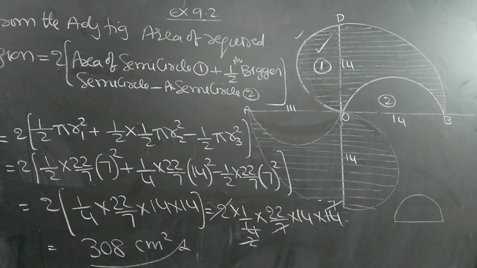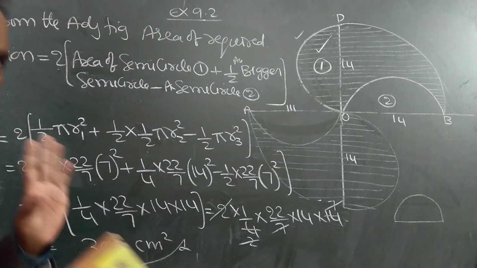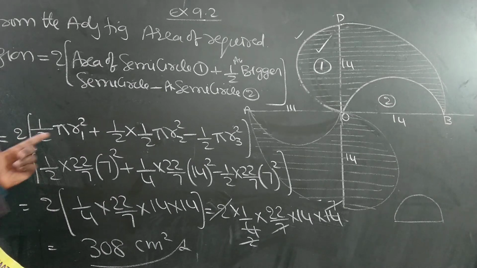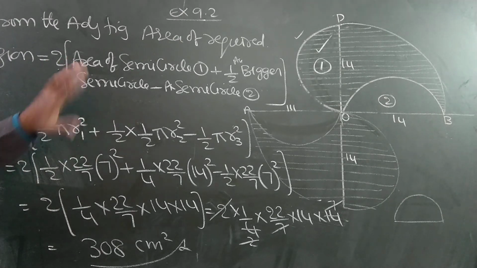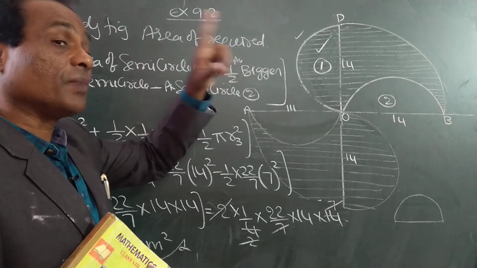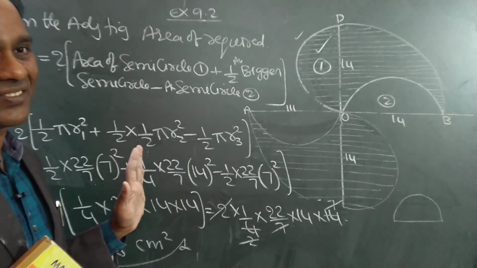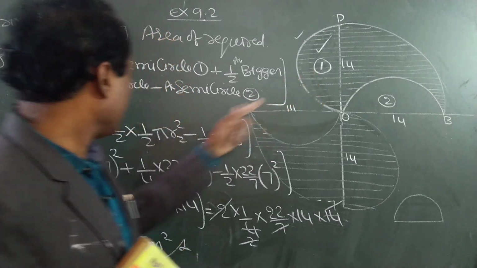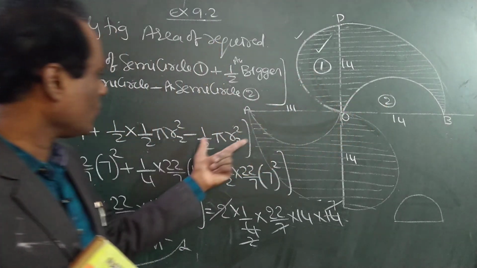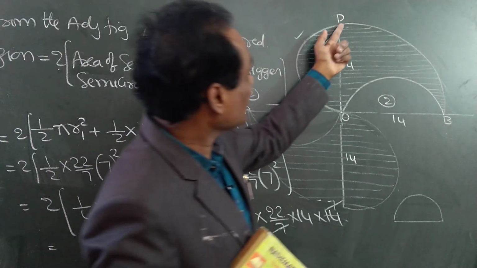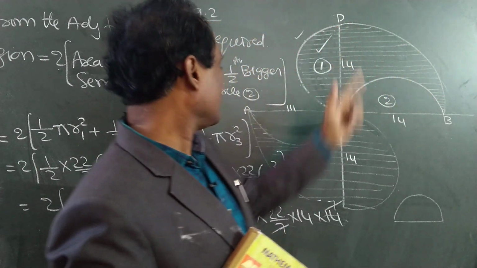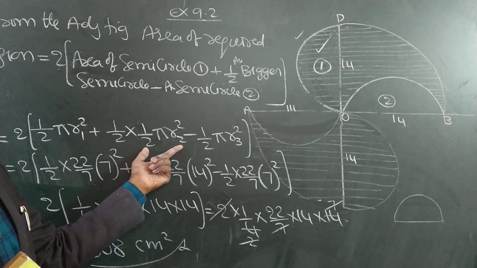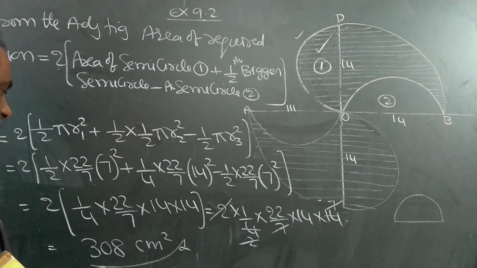Students, this is also over. So the previous problem and this problem are both the same model. In the previous problem, I did not write 2 at the beginning. After getting the answer, I multiplied with 2. But here, in the beginning itself, I wrote 2. I doubled it. Both are the same. But in the previous problem, all three were semicircles. Here, this is a semicircle whose area is half pi r square. This is a semicircle whose area is half pi r square. This is not a semicircle. It is half of a semicircle, not a full semicircle. So half of half pi r square. That is the difference here. That's all.